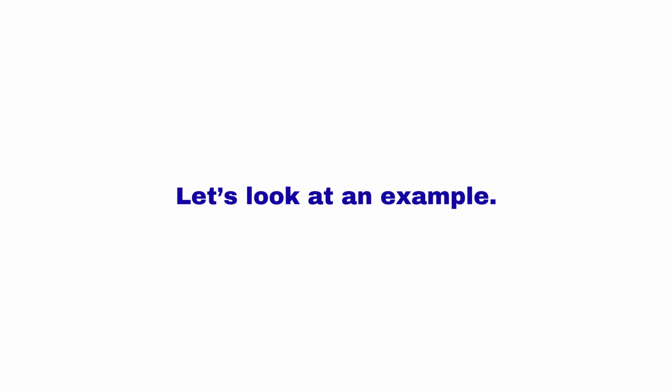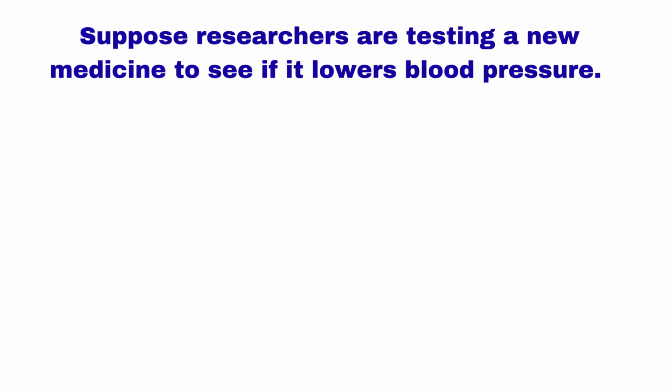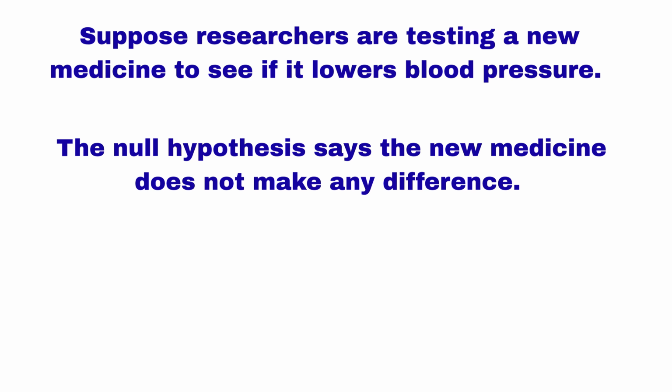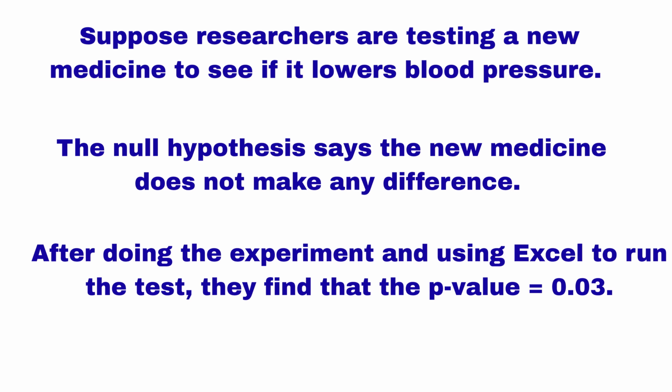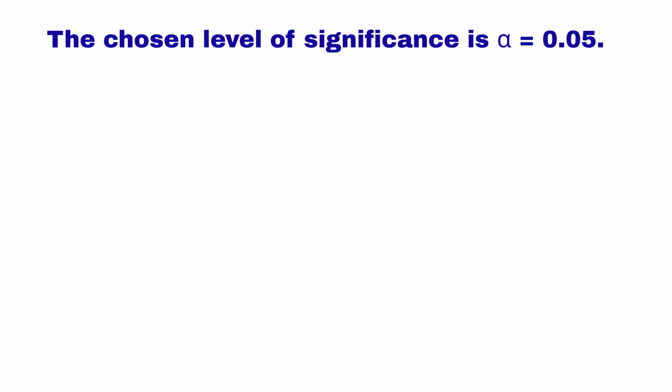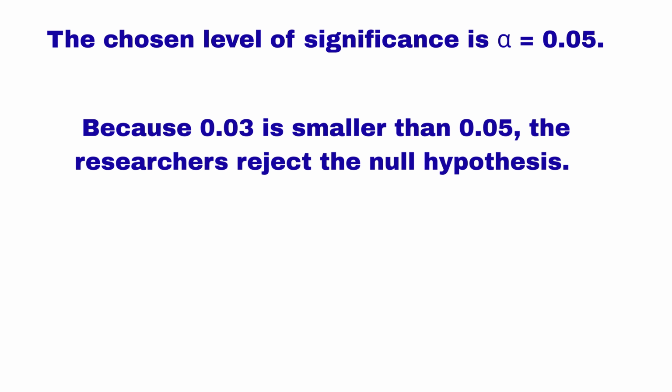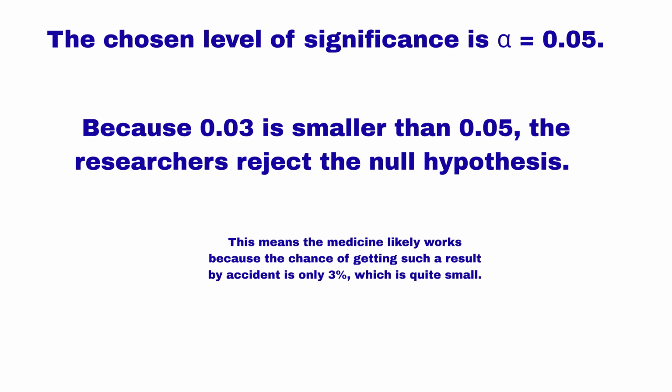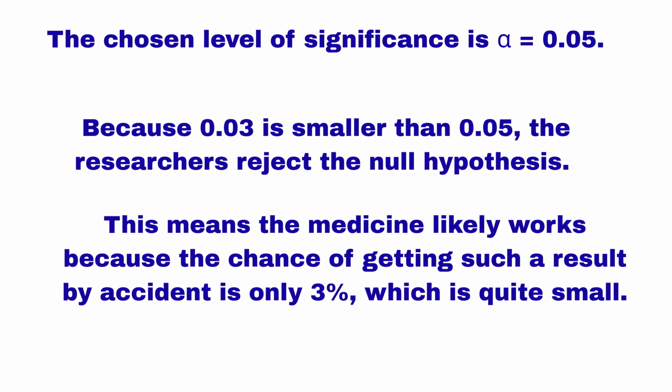Let's look at an example. Suppose researchers are testing a new medicine to see if it lowers blood pressure. The null hypothesis says the new medicine does not make any difference. After doing the experiment and using Excel to run the test, they find that the p-value equals 0.03. The chosen level of significance is alpha equals 0.05. Because 0.03 is smaller than 0.05, the researchers reject the null hypothesis. This means the medicine likely works because the chance of getting such a result by accident is only 3%, which